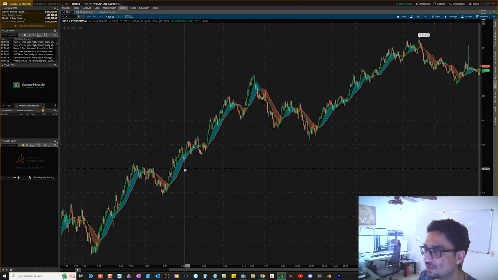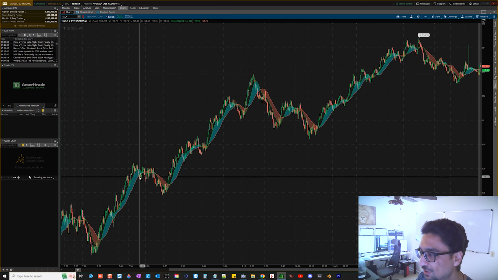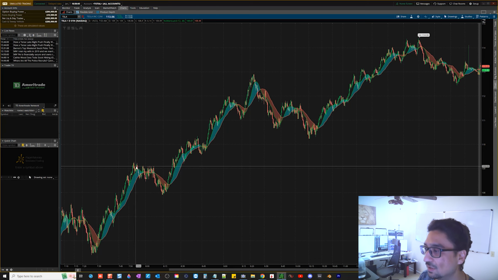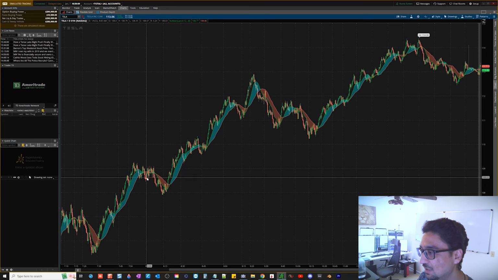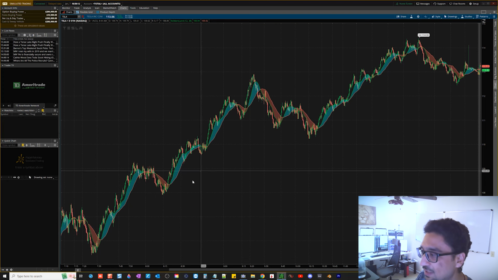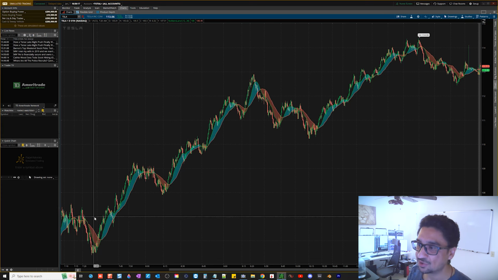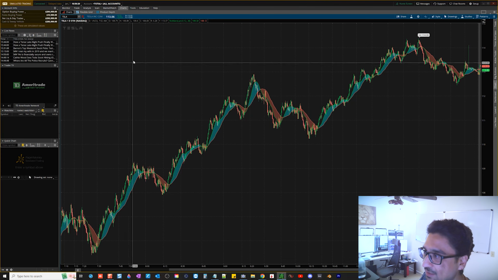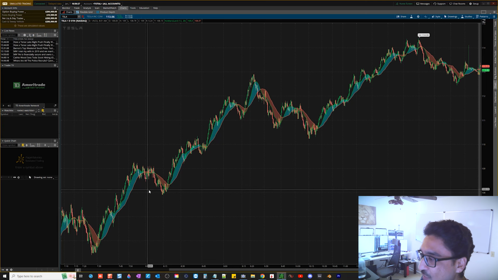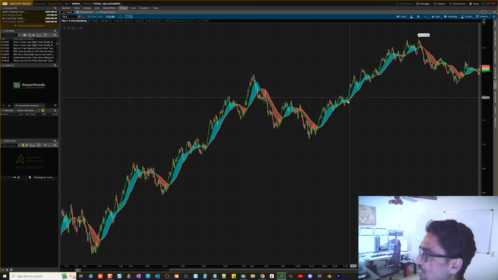Okay, so with this study, it will give you a color change, and you can trade the long side as long as price is above the cloud, above the no man's land, and then you can trade the shorts as long as price is below the no man's land area. Now this is using moving averages 12 and 26. This is going to capture the short-term momentum, and in order to get the trend, in the sense, if the price is trending up, you don't want to trade anything below the cloud. You only want to trade above the cloud,